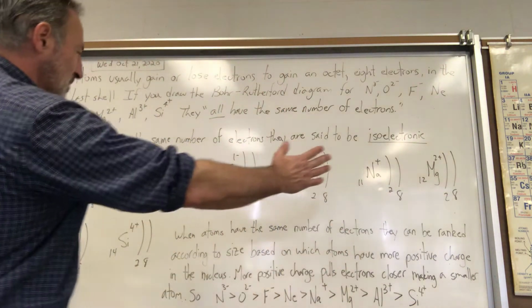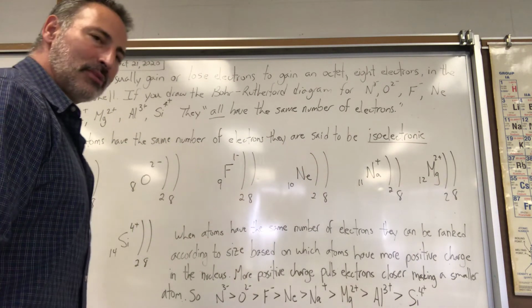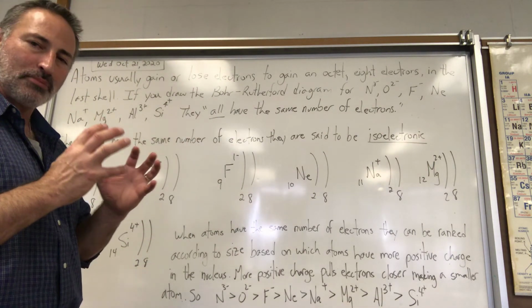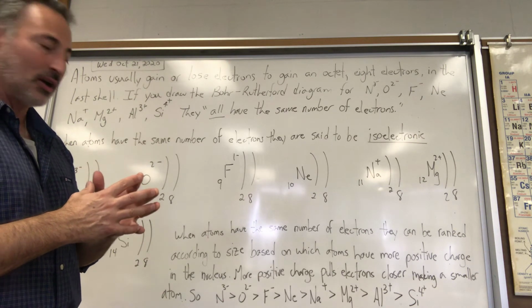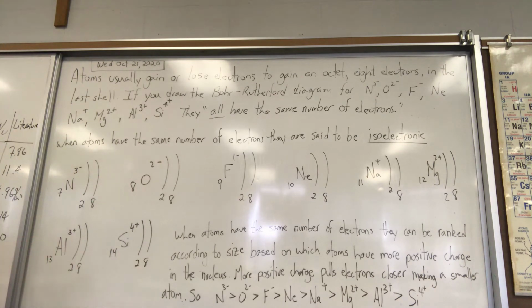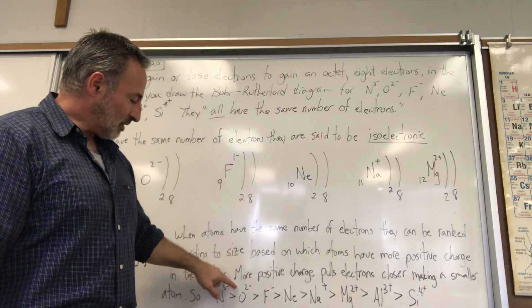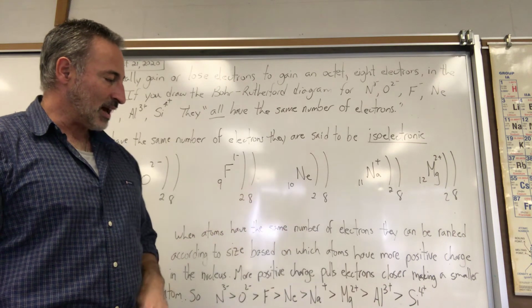Now, if they all have the same number of electrons, but different numbers of protons, you can actually rank them according to size. The ones that have the most positive charge in the nucleus are going to pull those electrons closer into the nucleus, and it's going to make the atom smaller. So you can actually rank isoelectronic series. You'll notice that the biggest ones will be the ones that have the most negative charge. So nitride is going to be the biggest atom in this series. You see how I arranged them here according to size. Nitride is the biggest, followed by oxide, fluoride, neon, sodium cation, the magnesium cation, aluminum cation, and the smallest is